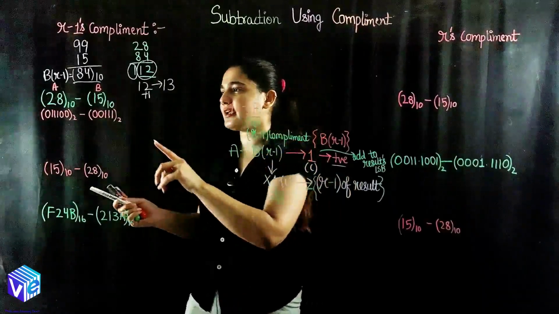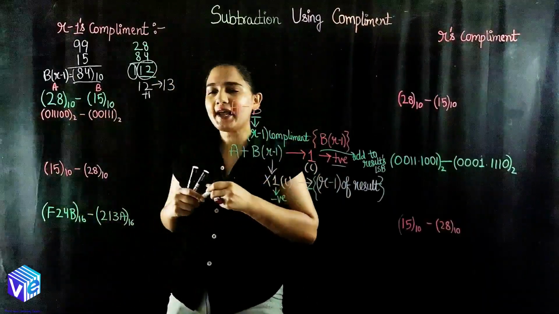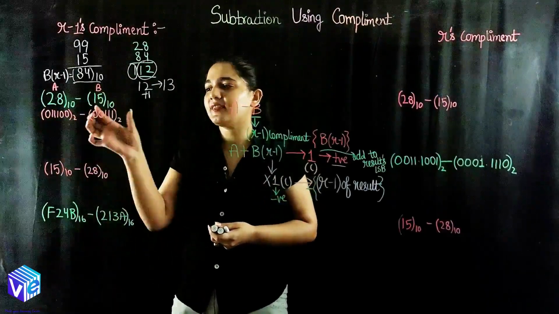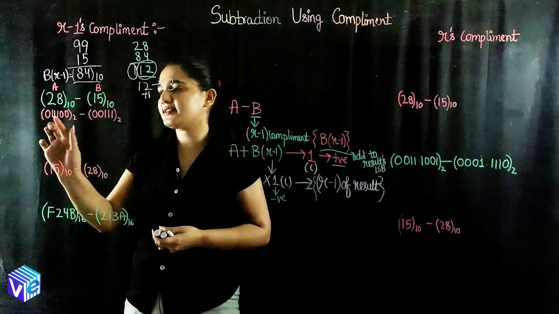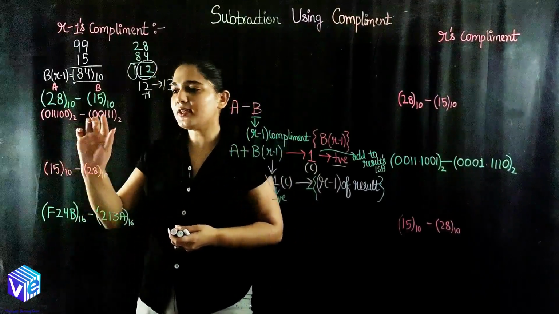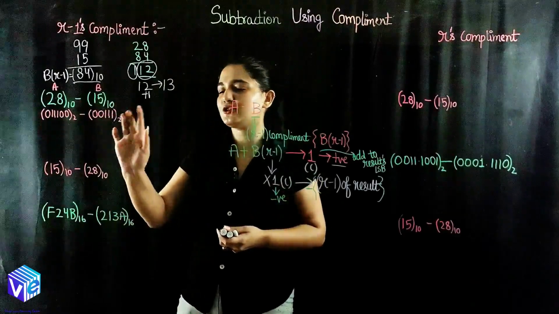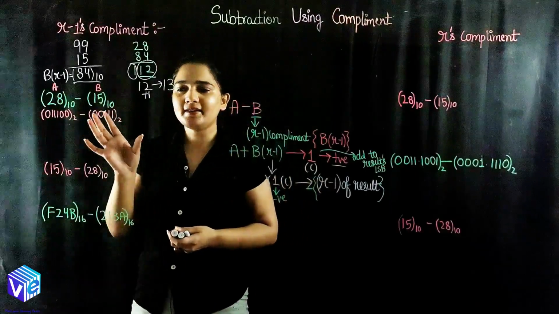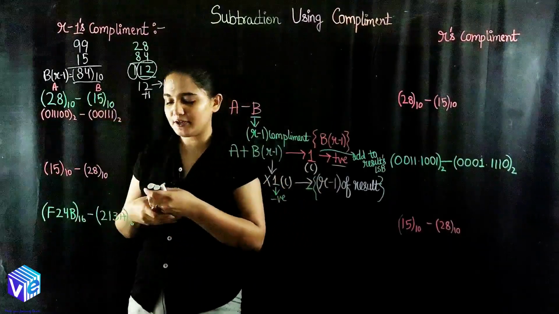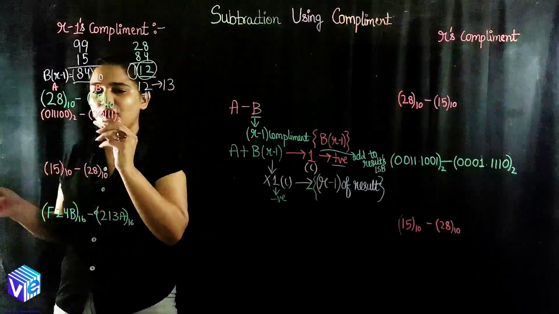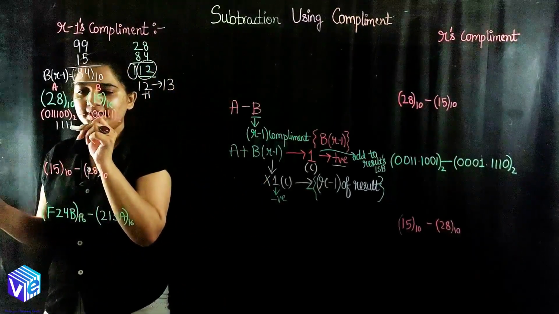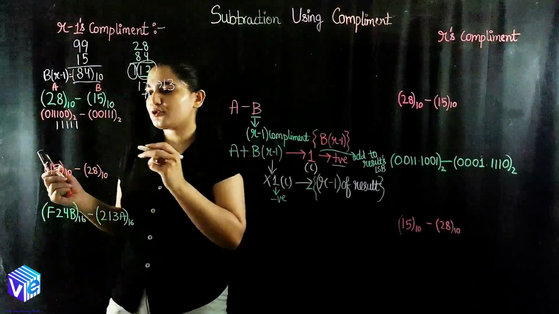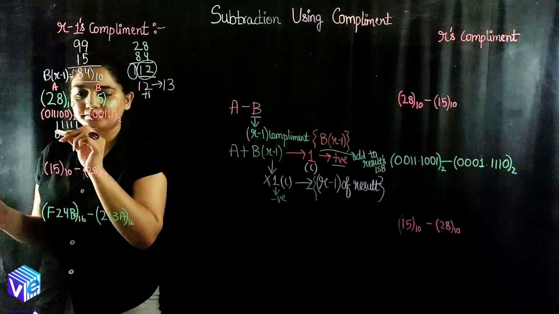Okay, so now we will be moving toward the binary number system. What I have done, actually, I have represented the same 28 and 15 in the binary number system. 28 is represented as 0 1 1 1 0 0 in the binary, and 15 is represented as 0 0 1 1 1 1. So I have represented 28 and 15. I will now be taking 15's R minus 1 complement. So again, let's perform all of the operations. I have to subtract it from all ones. What is R minus 1 here? R minus 1 will be 1. So I will be subtracting from all ones.